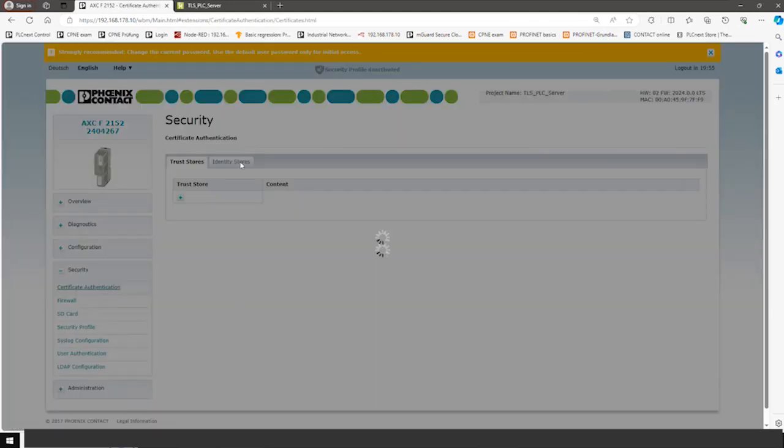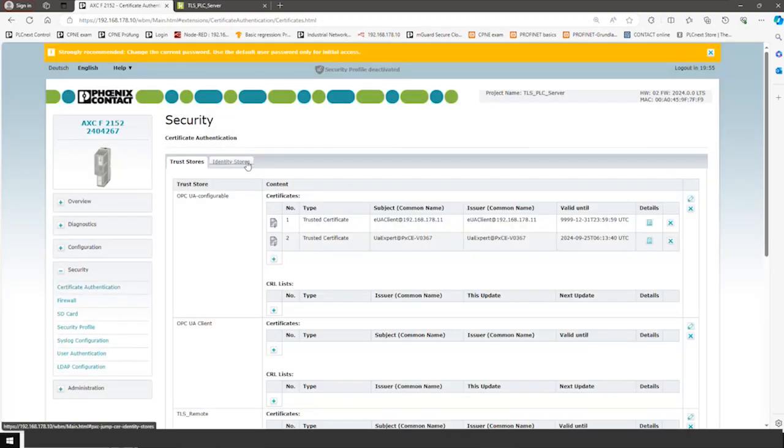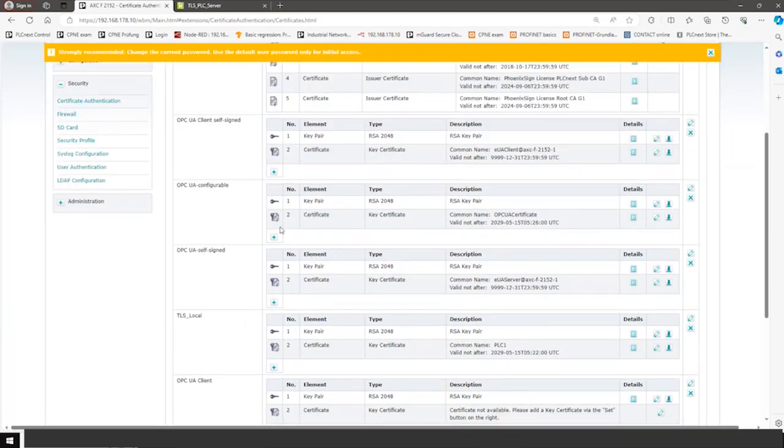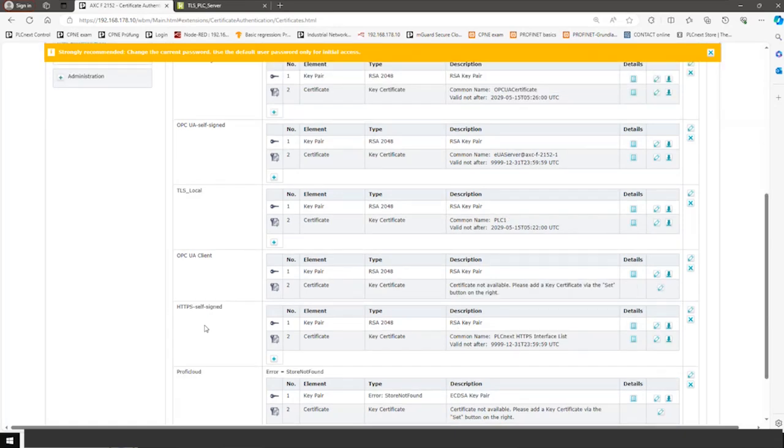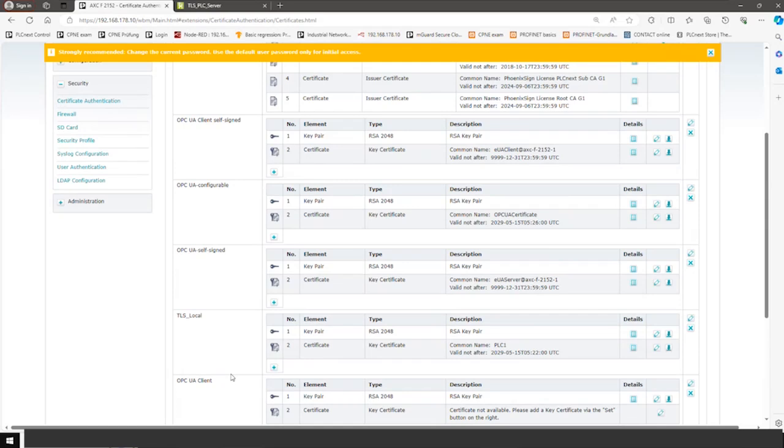Because here, if you go to the certificate authentication in the identity store, the OPC UA self-signed certificate is already there from Phoenix Contact, but you can replace it with your own certificate if you want to, and then you can use basically the same. But in this case, I just used the already existing one, so this is why I had a different one for this here. But it makes sense to have different certificates if you want to exchange or extend your interfaces, so that they're not linked with the same certificate.